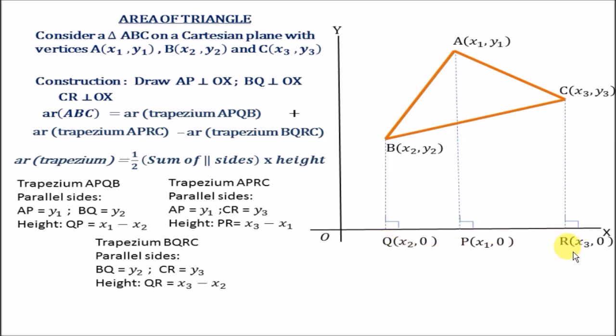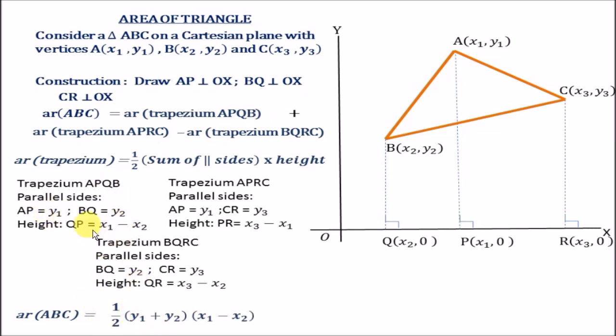So the x coordinate of R will subtract the x coordinate of Q, x3 minus x2. So we have got the parallel sides and height of each of the trapezium. Now area of triangle ABC equals area of trapezium APQB first, half into sum of parallel sides, y1 plus y2